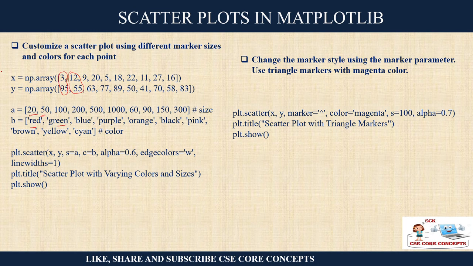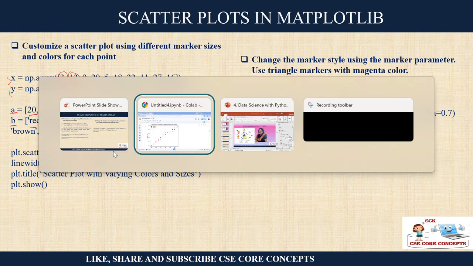Okay, so what you have done is, this is the data set and A is the size of the marker, because you want to give a different size to each of the points, and the color, right? And you can create this plot by giving x, y. So s is equal to A, that is the size of the marker you are setting, giving the value A. c is equal to B means the color will be taken from the list B. Okay, alpha you are defining, edge colors and line width. And of course accompanied by the plot title.